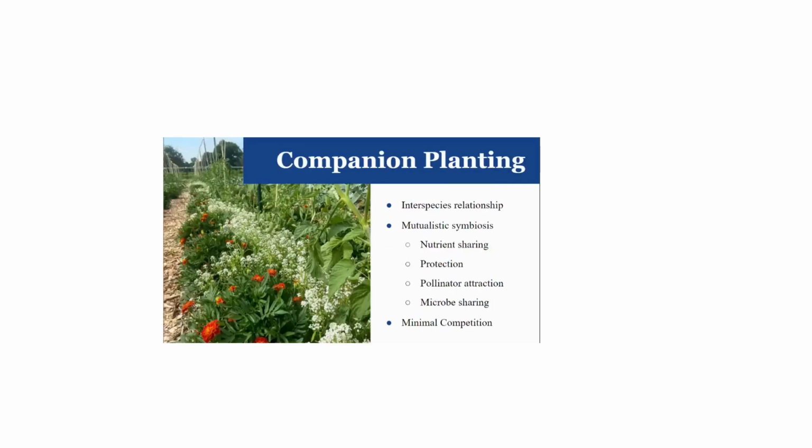Then there's companion planting, something that you can do, and that's the concept of planting plants that support each other. So again, you're encouraging symbiotic relationships. So in this farm, there was sweet alyssum, there was marigolds, and there are tomatoes. I'm not totally sure if any of these plants necessarily help each other in terms of nutrient content, but generally